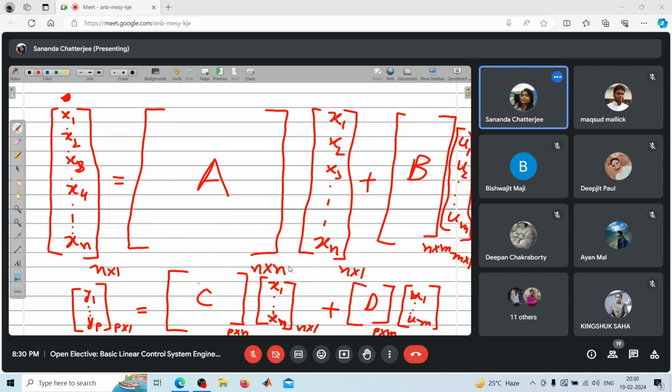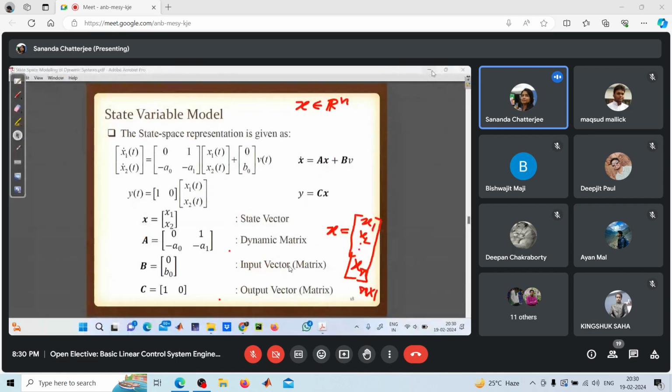Okay. So if you have multiple inputs and multiple outputs involved in a system, this mathematical representation is capable of taking care of that system. Okay. So now let us move to